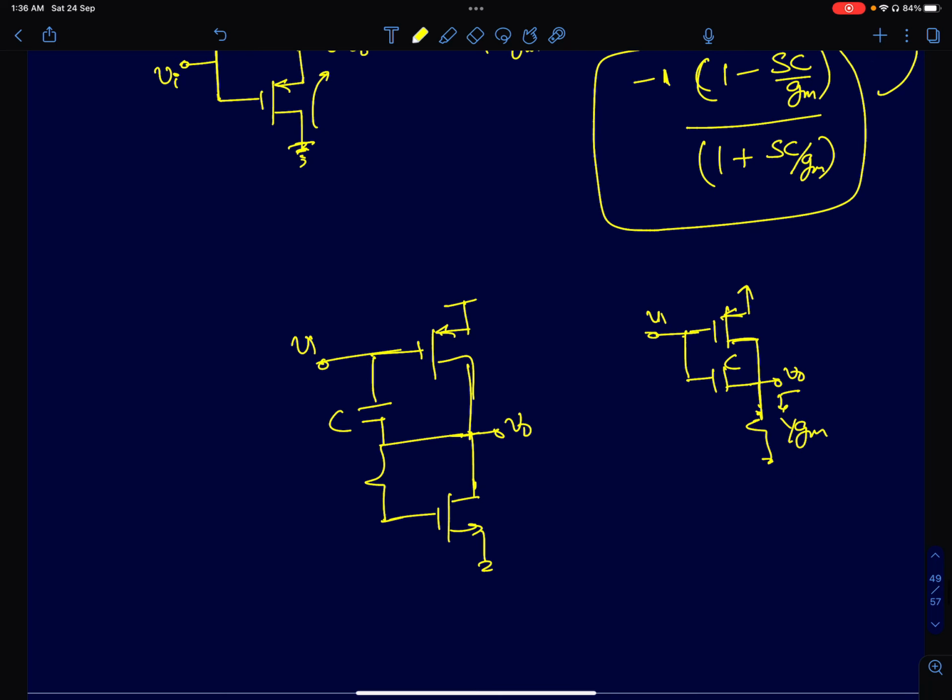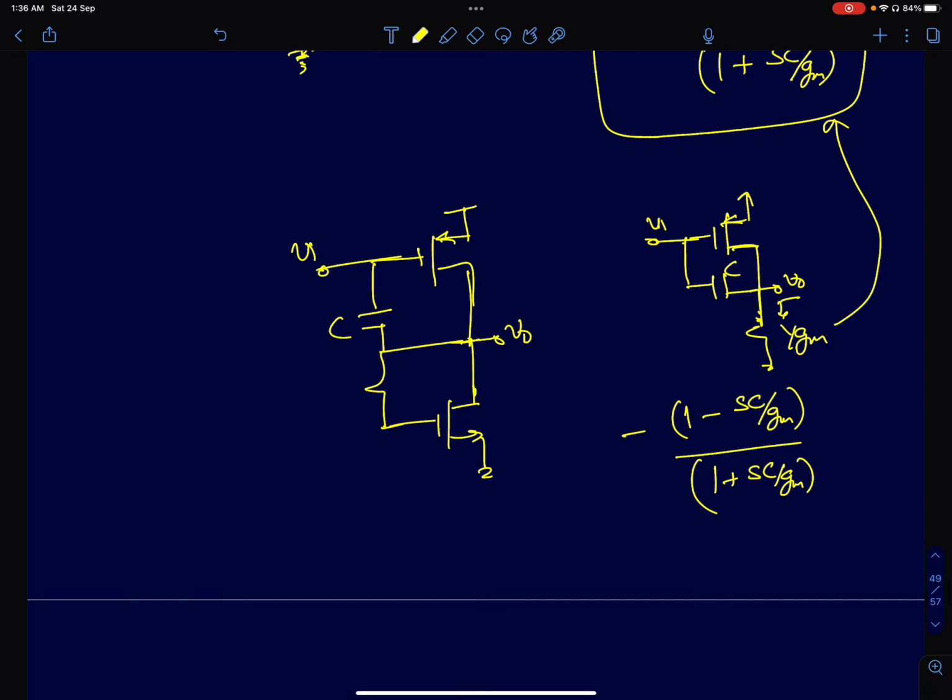So then the transfer function reduces to the same as we have discussed for an NMOS input. So it will be minus of 1 minus SC by GM divided by 1 plus SC by GM. Okay, so in this question, I have specifically given GM equals 1 by R. So I'll just use GM equal to 1 by R interchangeably. Okay, so keep that in mind. So I can also write this as 1 minus